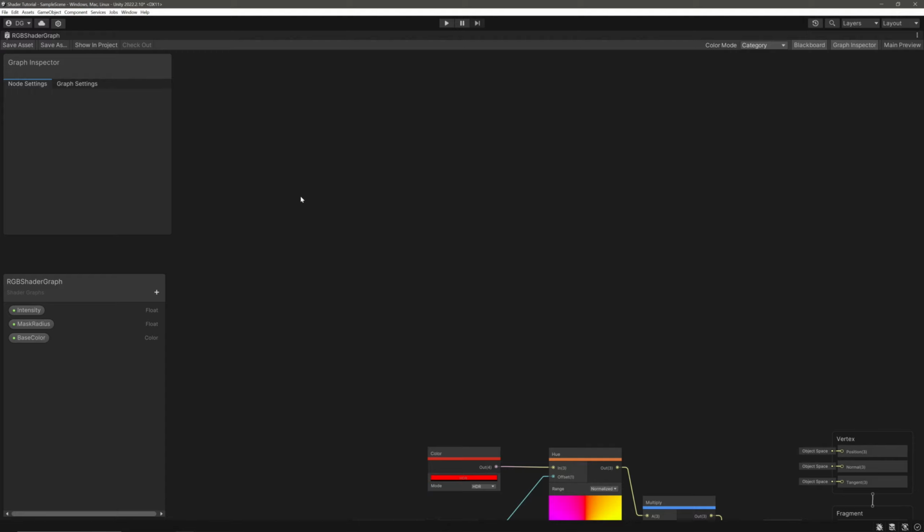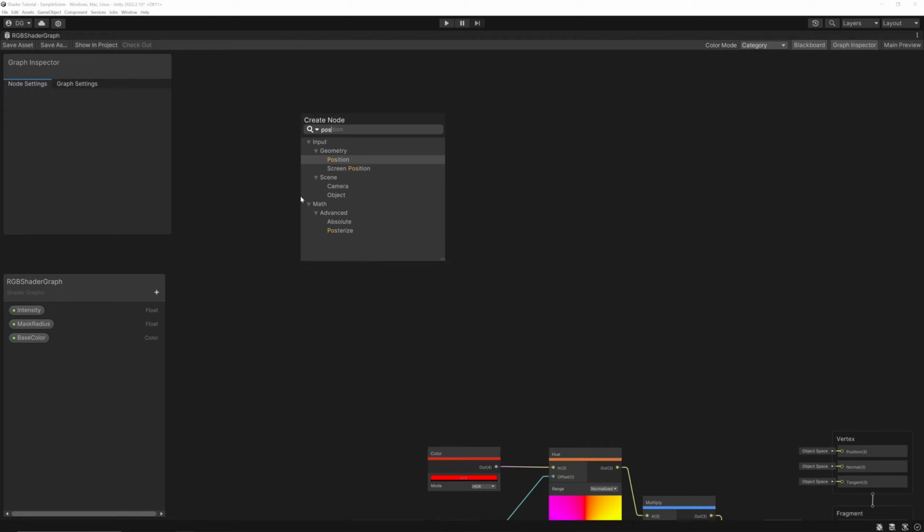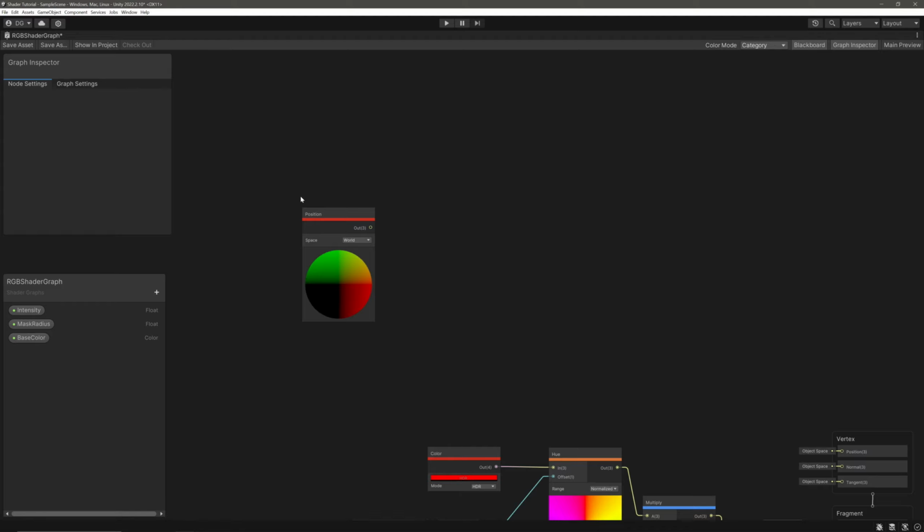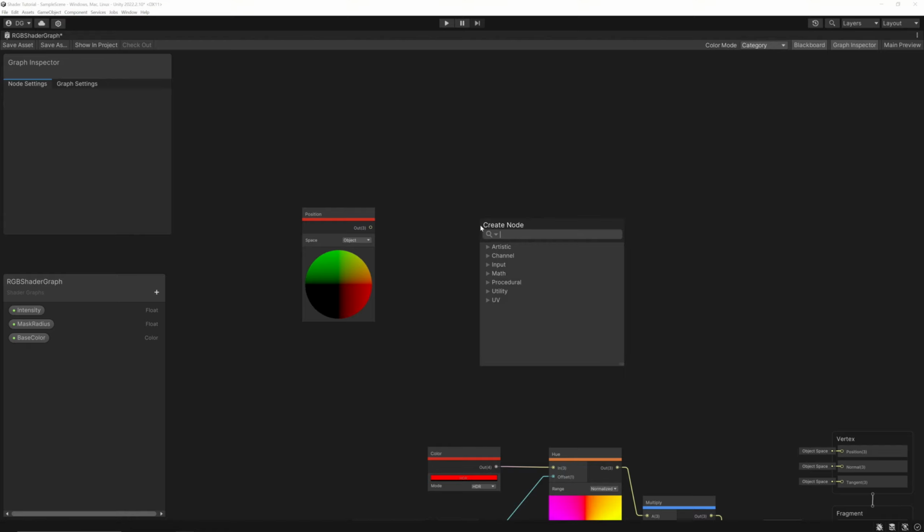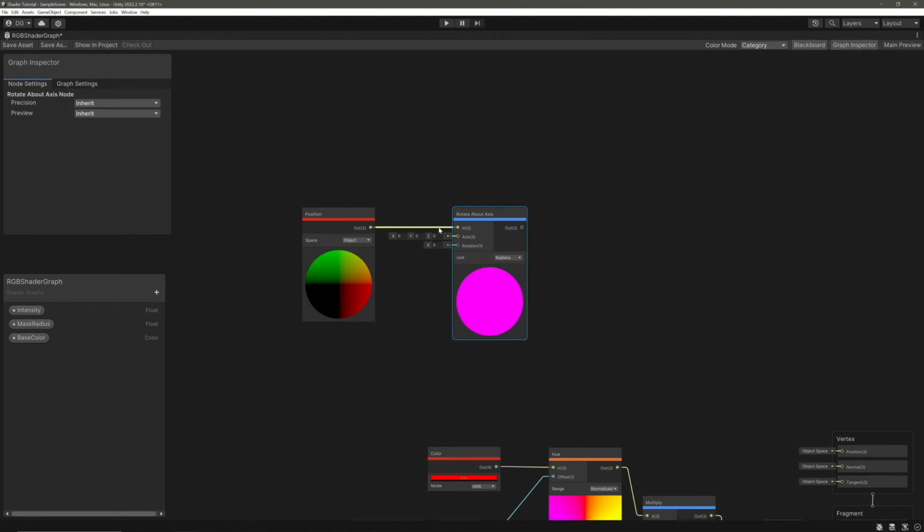In our shader graph, let's create a Position node. It gives us each and every vertex position. Let's set the space to Object, because we will rotate our fan locally, so it won't mess up if we rotate the parent game object. Then we will take its output and feed it into a Rotate About Axis node. It will rotate this input around this axis by this rotation. We want to rotate around Z, and the Z axis will always be 0, 0 and 1.